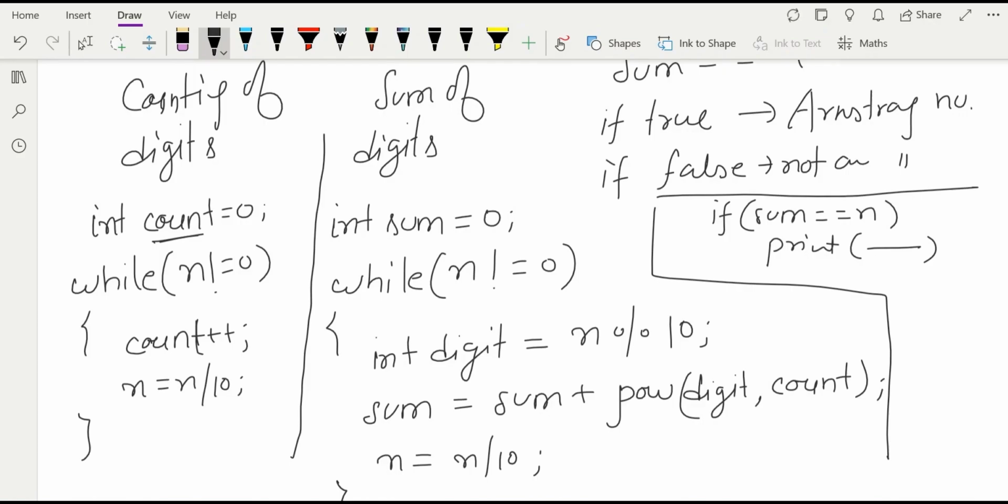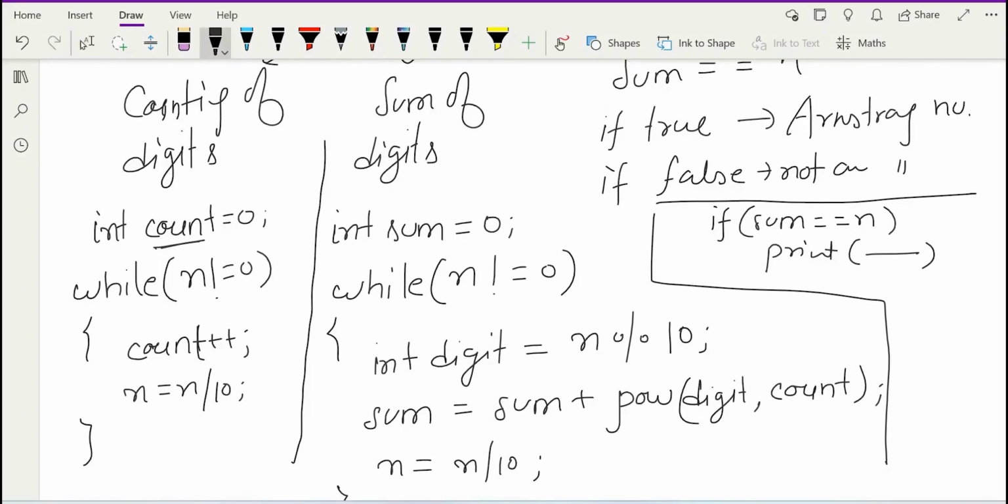So in this way the solution is divided in three parts. But if I write this program, then this program will completely fail. Why? Because as you can see, in the first part I am using the n variable, and at last in each step I am doing n is equal to n divided by 10, meaning I am removing the digits from the back in each step. So after this while loop completes, n becomes 0, and again in the second part I am using the n variable which has already become 0.